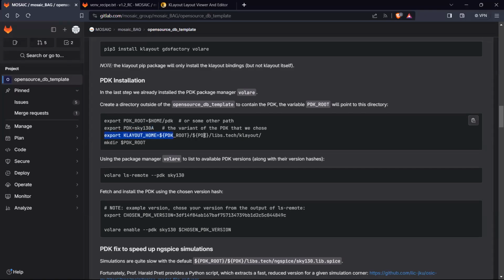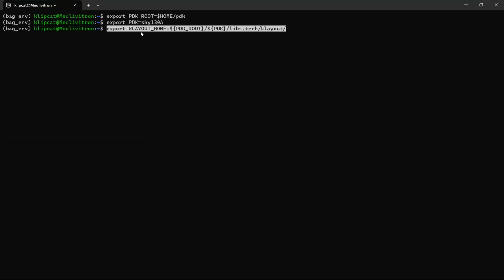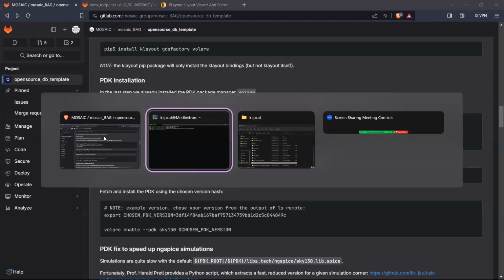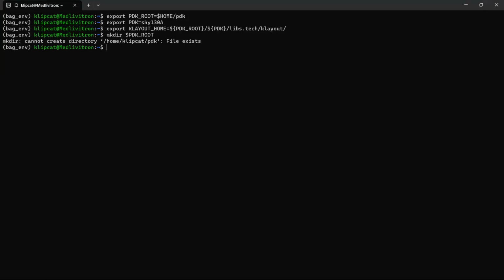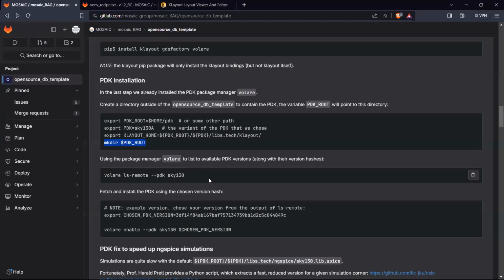And then this part is for KLayout to find these files. And then finally, we also make the directory. In my case, it's already created, so it's going to throw an error. For your case, you should create a new directory here, like pdk. Once this is done, we can use Volare to list all the available